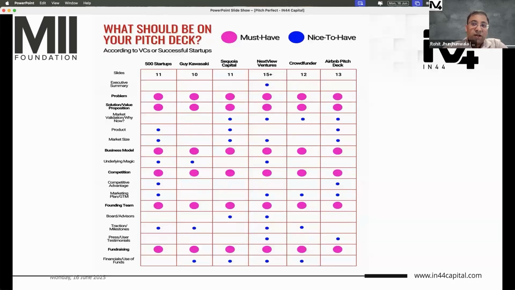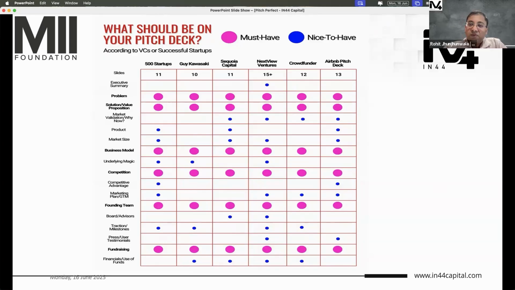But if your pitch is not very well made, not well formatted, not properly colored, I have seen pitches where one slide is pink, one slide is green, one slide is yellow. It's jarring colors, it just hurts the eye, and I will be like, I'm not seeing this pitch anymore because it's not well presented.